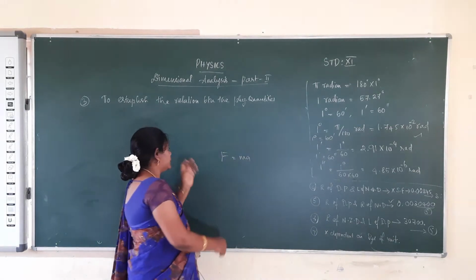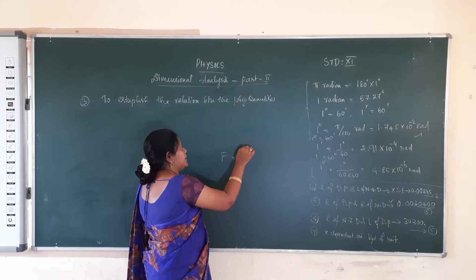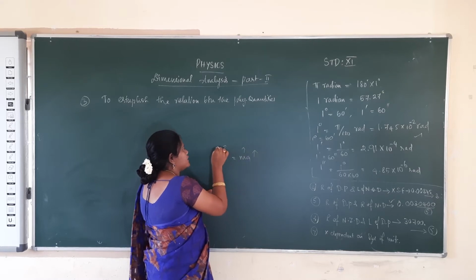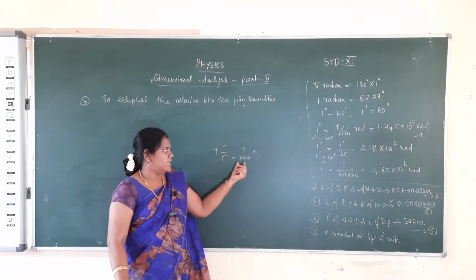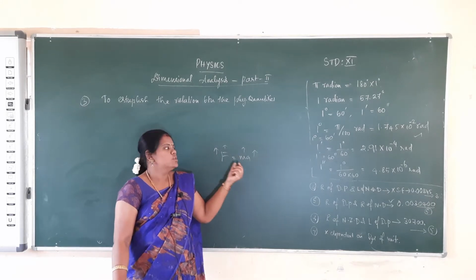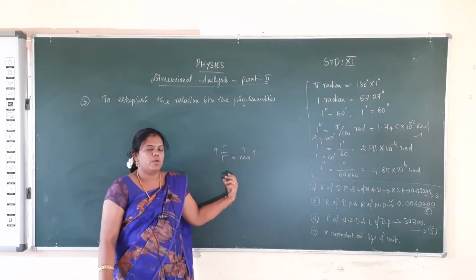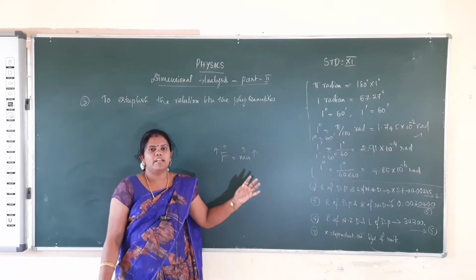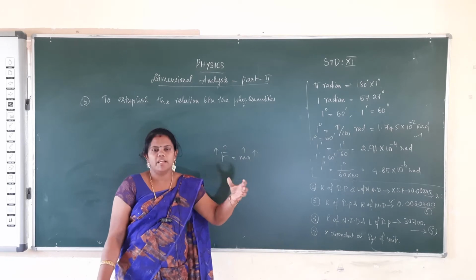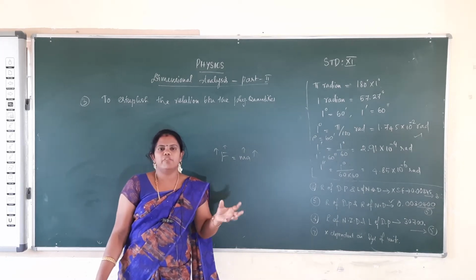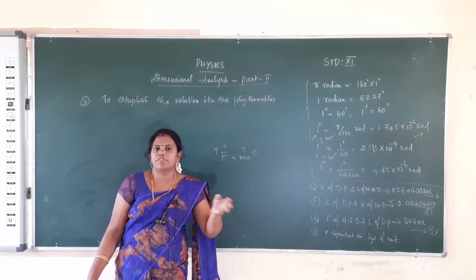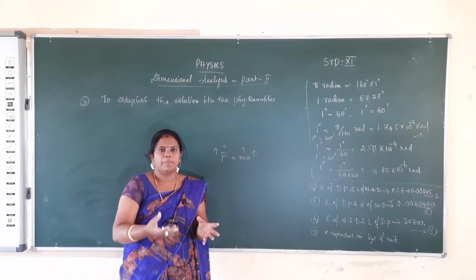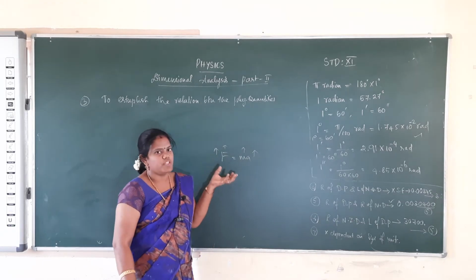So if mass increases, force automatically increases, and if acceleration increases, force increases. So force is completely based on the mass and acceleration. So this is the relationship between one quantity and another quantity. In your home having 4 members, one member will depend upon another one. One person is the father of another person, another is the sister of another person, so they relate with one another. So this is the relationship between the physical quantities.